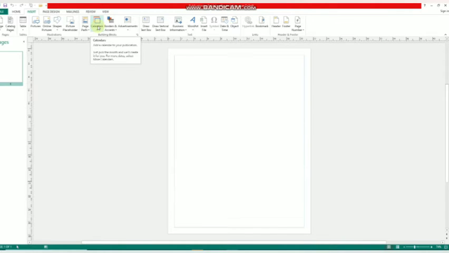Now working with pictures. Publisher 2013 offers an easy way to add pictures to your publication. In Publisher, pictures can be inserted from any of these sources like pictures stored on your computer, Bing Image Search for pictures on the internet, OneDrive. You will need an internet connection for accessing pictures through the Bing Image Search and OneDrive. Now, we will see how to insert a picture.